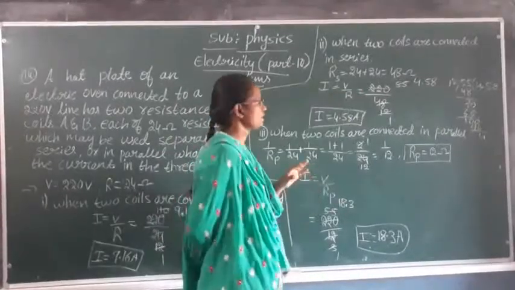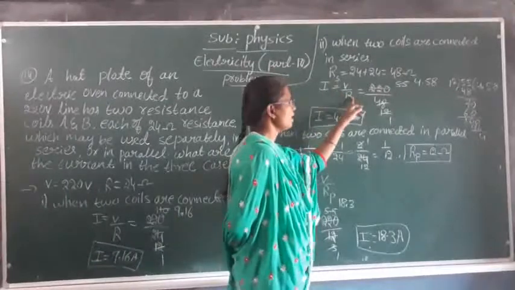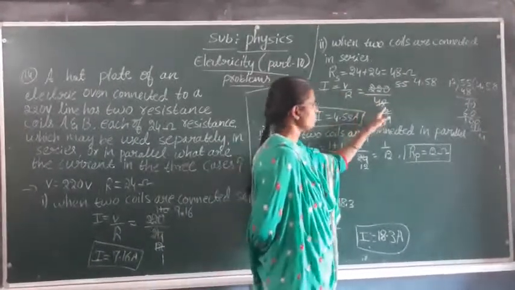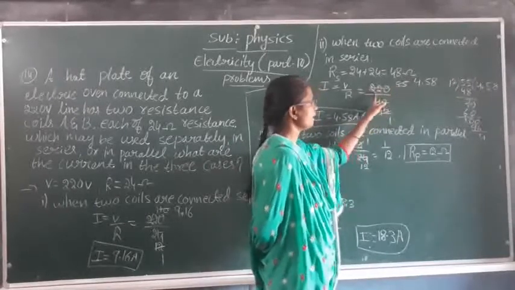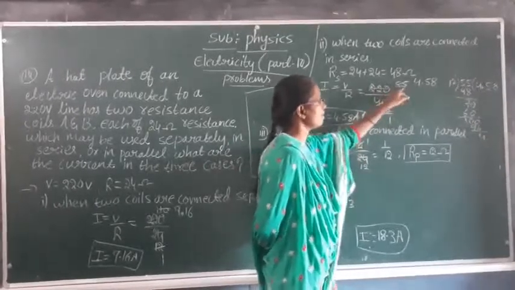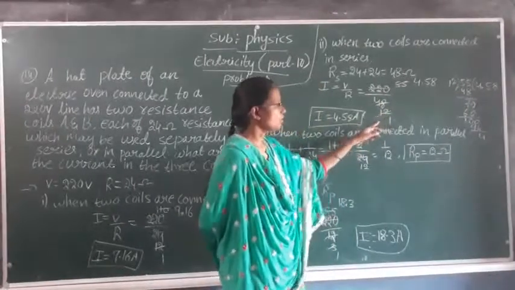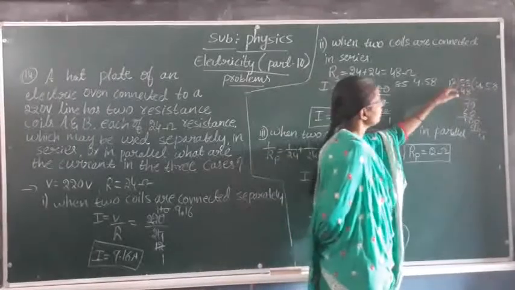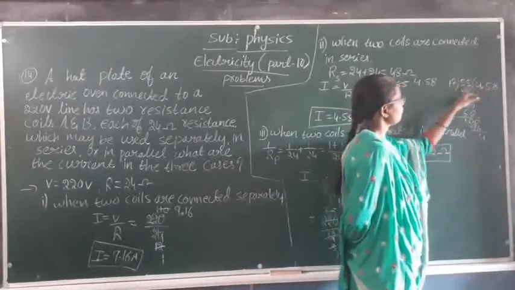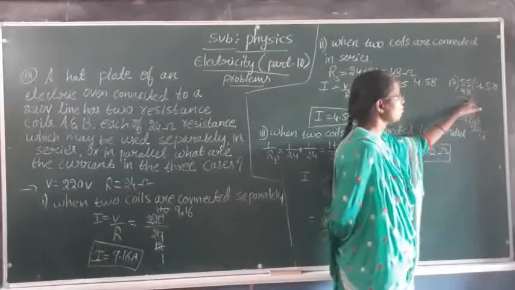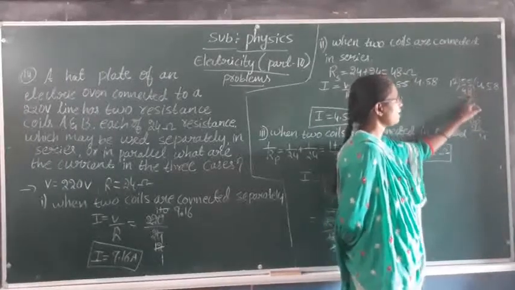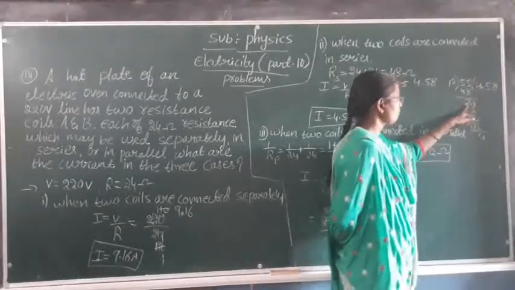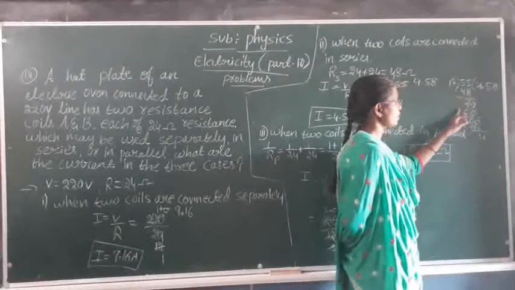So let's see once again, I will explain. So V by R is equal to 220 divided by 48. So 4 1s are 4, 4 2s are 8. So 4 5s are 20. So here 55 divided by 12 is there. So here 12 ones are 12. So here this is 12, 55. 12 4s are 48. So 5 minus 8, 5 is less than 8, so take carry. So it will become 15. 15 minus 8 is 7. So here 4 minus 4 is 0.